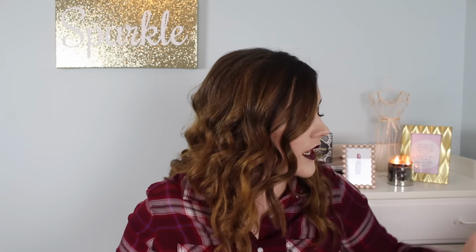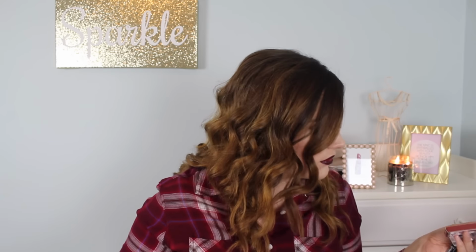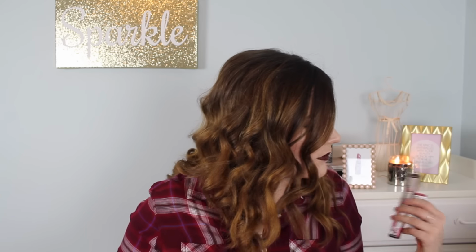Okay, and then for some new lippy products from them. Did I only grab one of these? I thought I grabbed 2. I guess I only grabbed 1 lip liner. I thought I grabbed 2 of them, but I guess not. Okay, so I grabbed the Soft Matte Lip Creams, the Mega Cushion. So I'm really excited about this. This one is in the shade